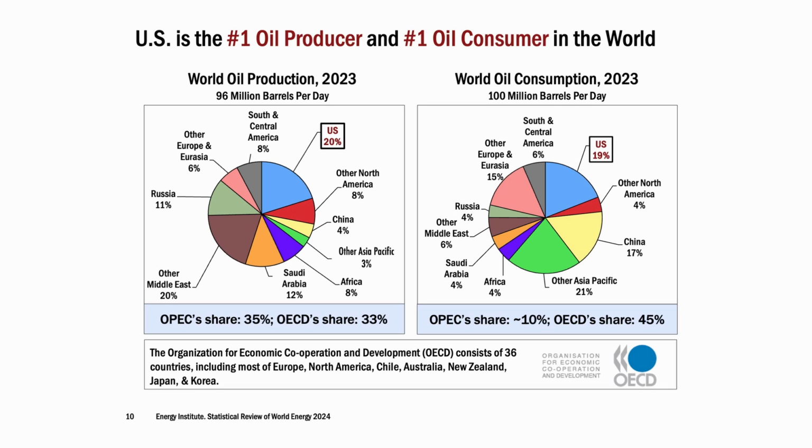Okay, so this map has changed a lot in terms of OPEC's share and OECD's share with the growth in oil production in the US. And so one of the impacts of that is that OPEC has less impact on markets than it used to, and we're seeing some of that. It's like a softening of impact today.